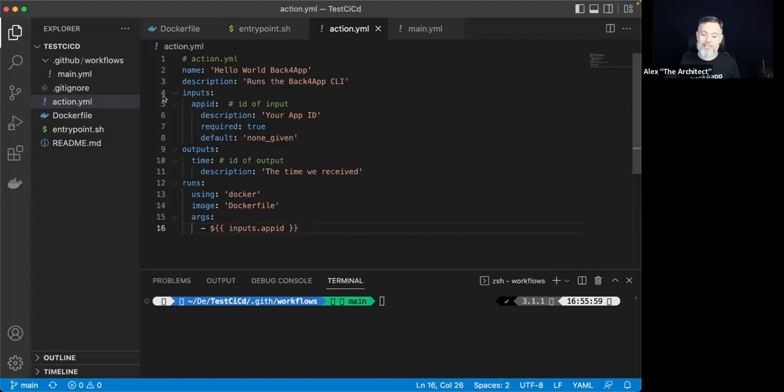Then we have the inputs section. The inputs section is everything that will be collected from the system and sent to the container. And in this case, I'm sending my app ID. You can put here any variable name that you want. In my case, I put app ID, but you can name as many as you want and name whatever you want. Then you can have a description for this, once again, to help your developers to populate the information accordingly. And whether it is required or not. If it is required and you don't pass it,